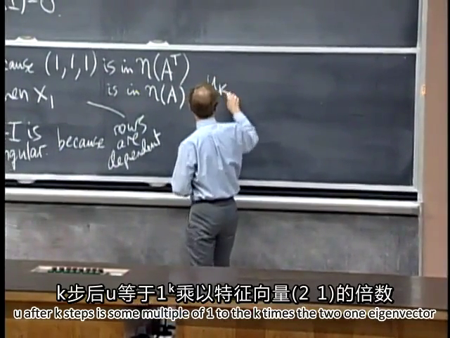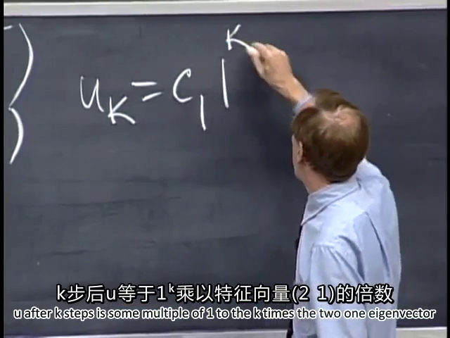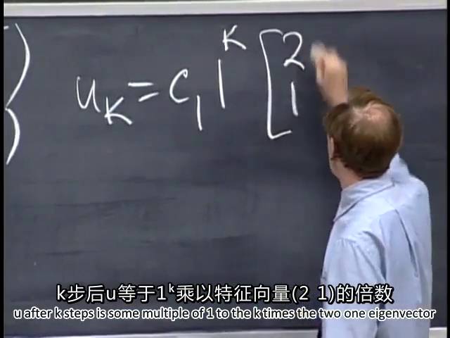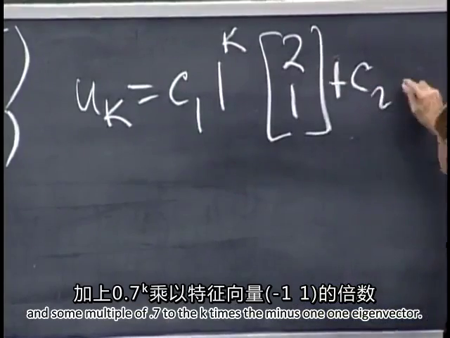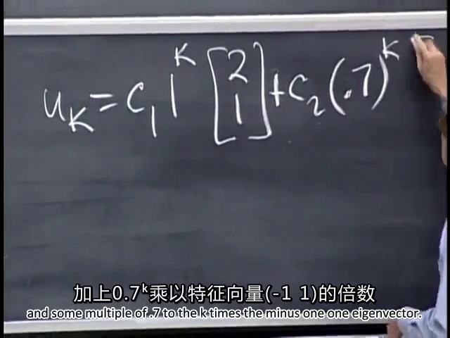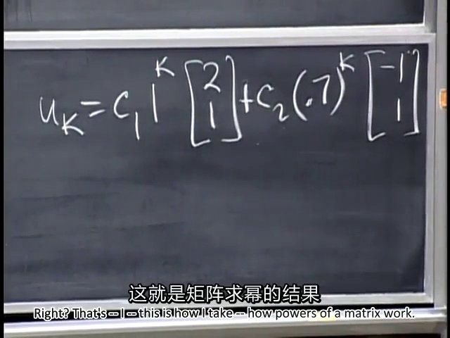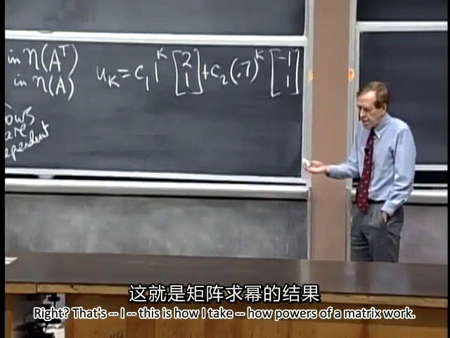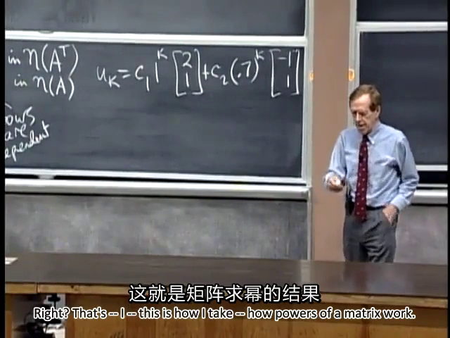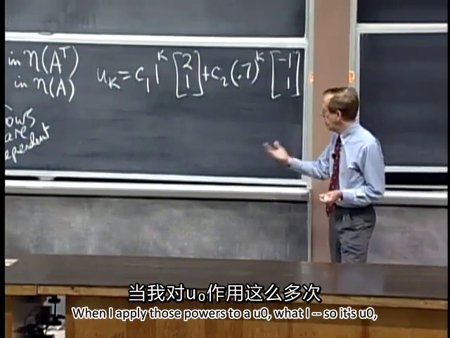U after k steps is some multiple of 1 to the k times the 2, 1 eigenvector, and some multiple of 0.7 to the k times the minus 1, 1 eigenvector. Right? This is how powers of a matrix work. When I apply those powers to a U0,